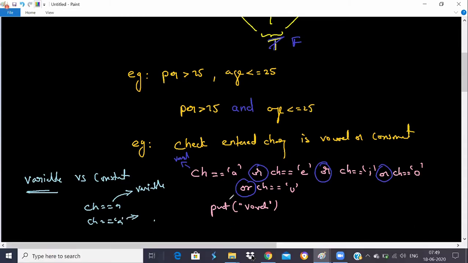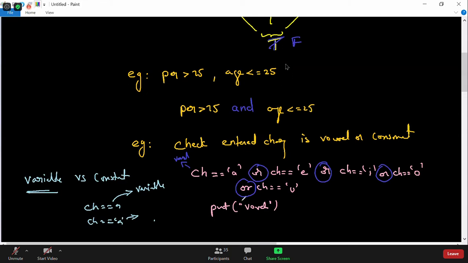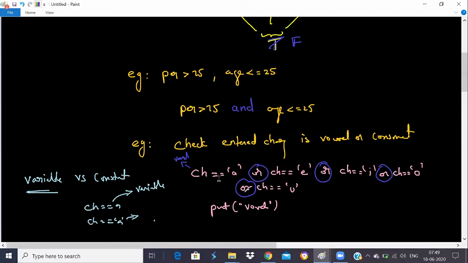Still, for this problem we don't require a for loop. We just have to print once whether it is a vowel or consonant. We use a loop when we have to do something a number of times, when we want to iterate something. So we need to understand the problem: do we need to iterate this statement or not?